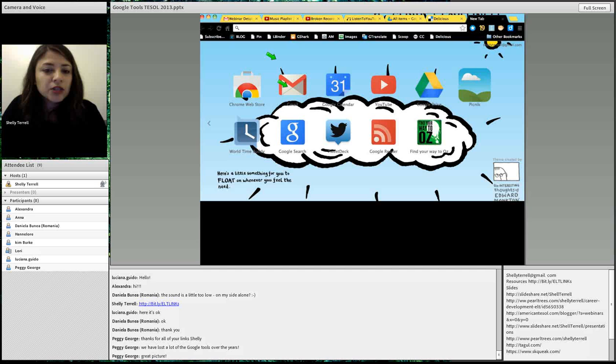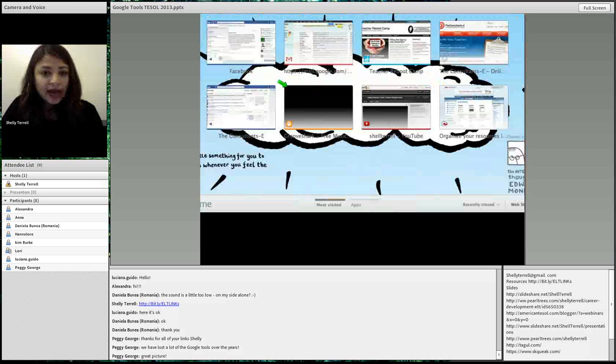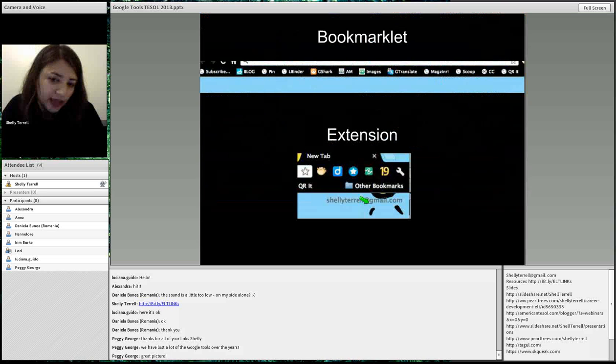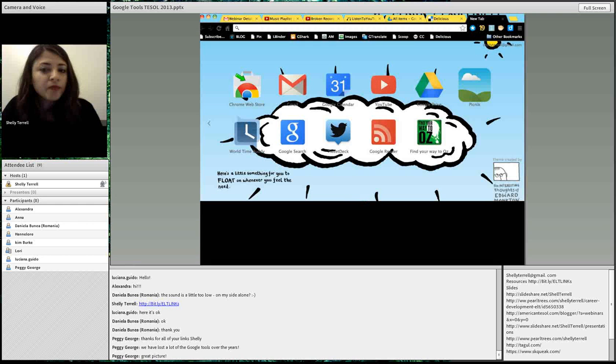So this is what it looks like. These are apps that you can get as well. Google does come with apps that you can have. And so you have on the bottom, if we go back to here, the most visited. And then if you click on apps, then you'll have the apps as well. These are things that you've decided to choose. On mine, I have the Google Chrome Web Store. I have Gmail as an app. I have Google Calendar. So I can just click these very, very quickly.